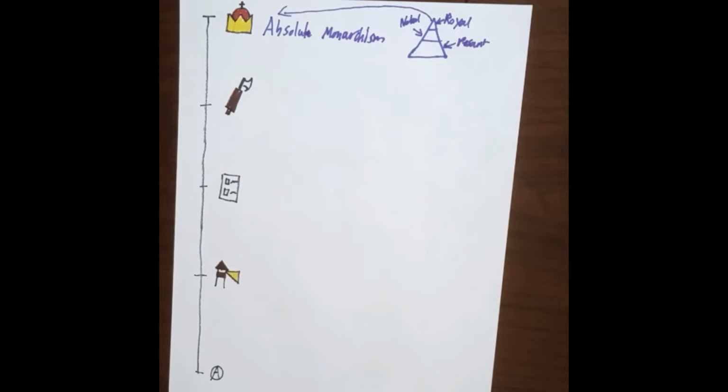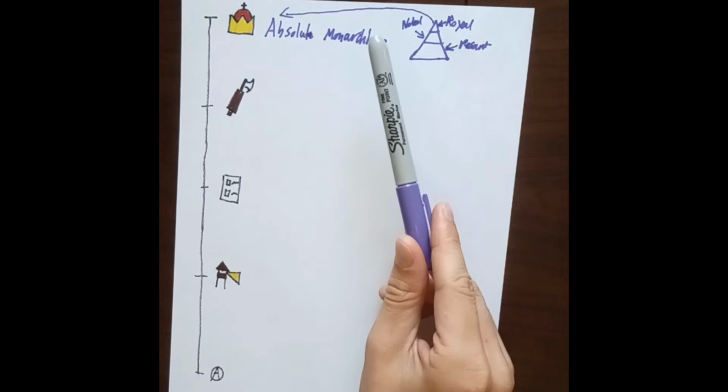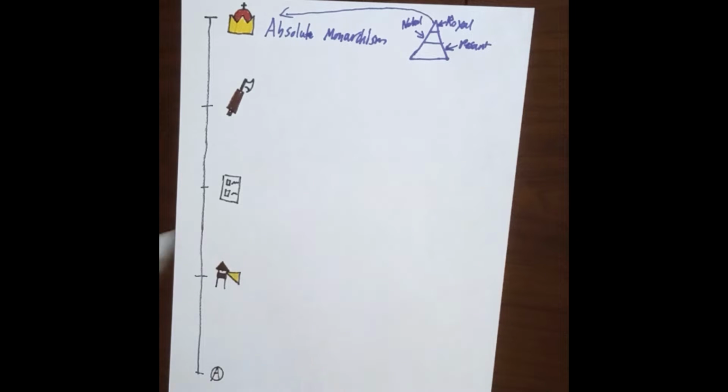But there is something farther down. So that's absolute monarchism. Absolute monarchism is very simple. Just one person or one group of people has absolute power over everybody. All right? So let's take a look at